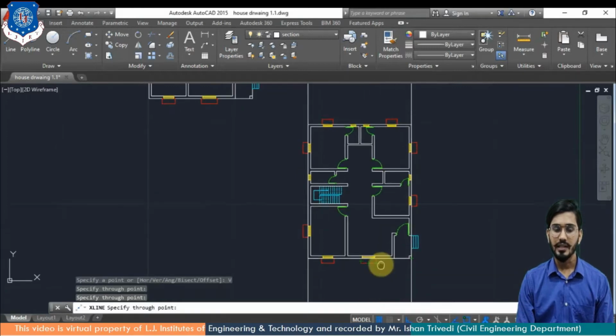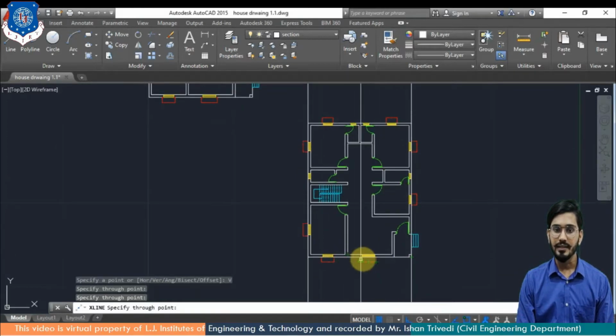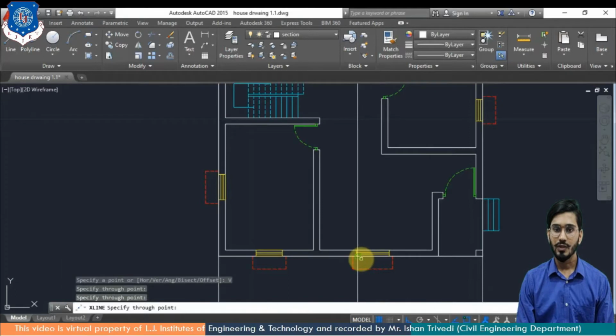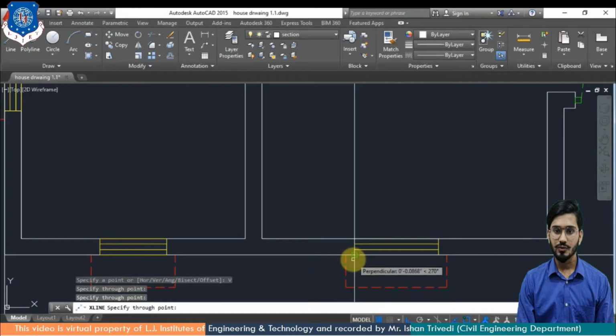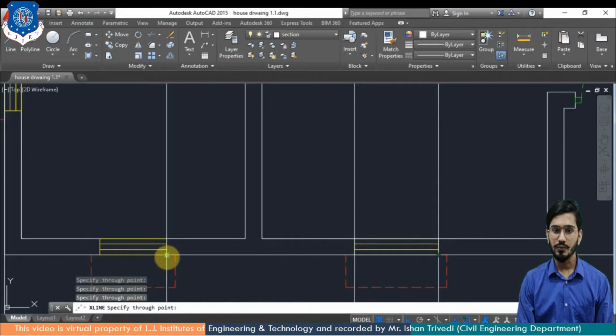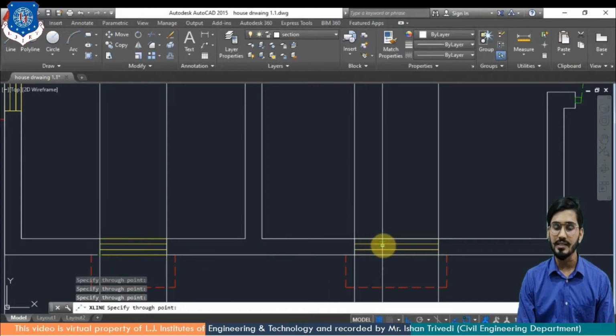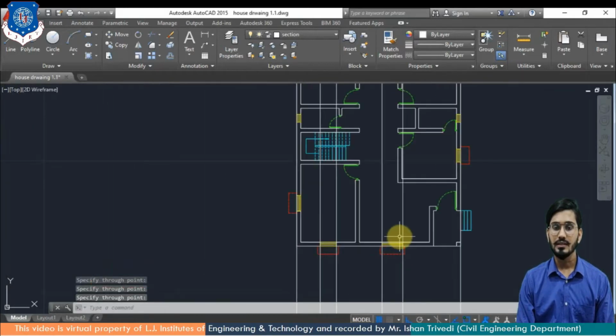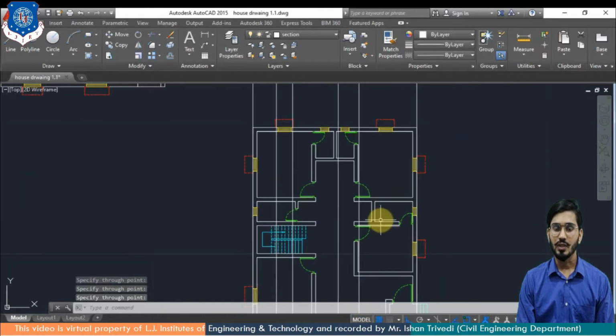Now again I will apply the XLINE command for the window. I am covering only the window, so just highlighting those parts, you have to do it precisely. Window W2 again, as this command is ongoing, I am just clicking on that and it applies, and I will get the reference lines for the elevation.